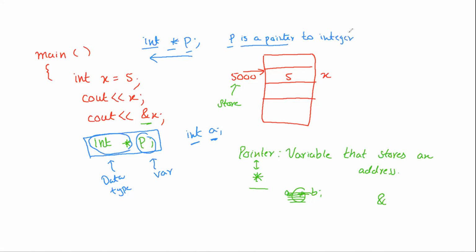I am just telling you how to read it. I have not told you anything else yet, right? So if you see a statement like this, you read it: p is a pointer to integer. Instead of integer, suppose I had something else, maybe character pointer c. You read it as c is a pointer to character. Now, still we are not very happy about what this means: p is a pointer to integer.